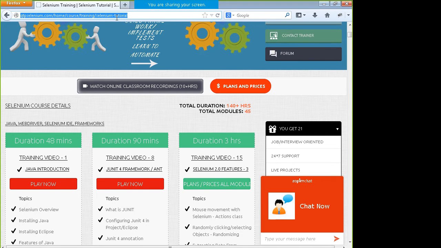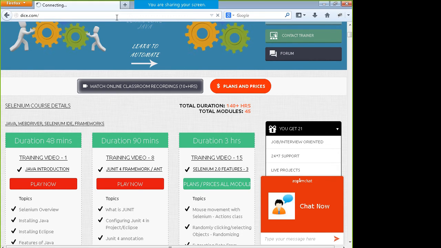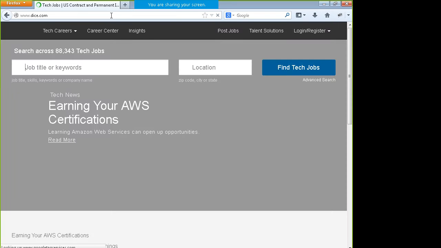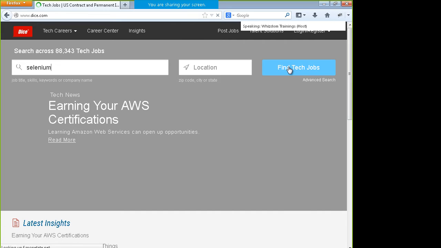Look, this is an open source tool first of all. You're not paying anybody to learn these tools, and it's a very effective tool, so it is going to stay in the market. Secondly, if you go to a job website like dice.com, it's a very famous job website in US. If you compare it with other tools which are there in the market, for example, just hold on, if I just type Selenium over here and I click on find tech jobs,